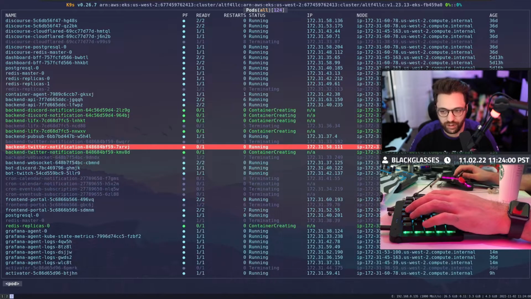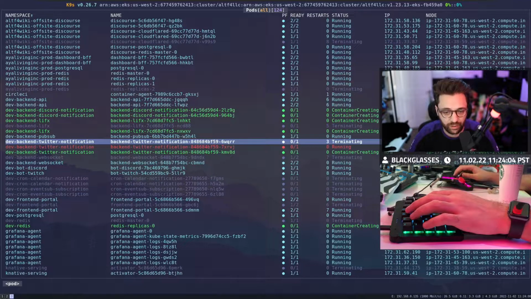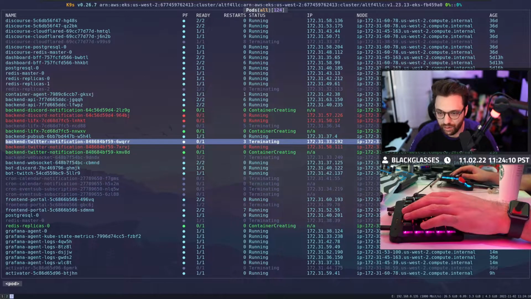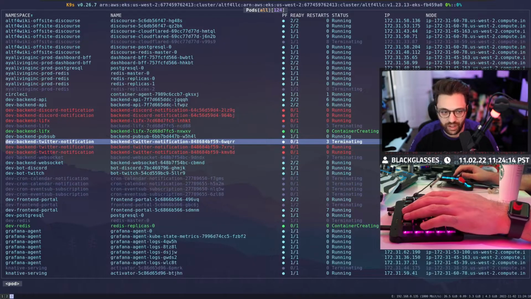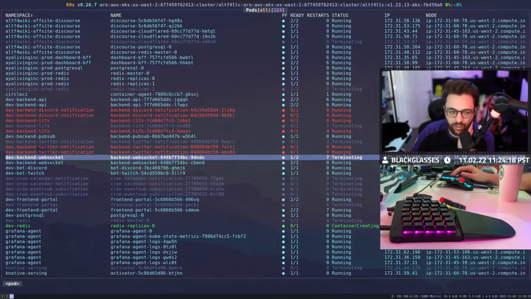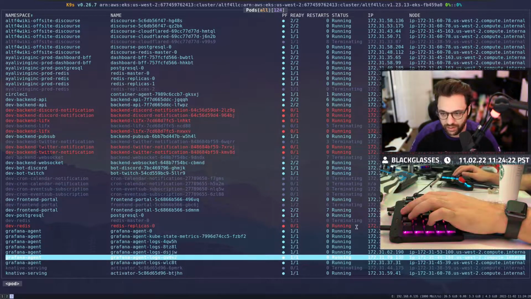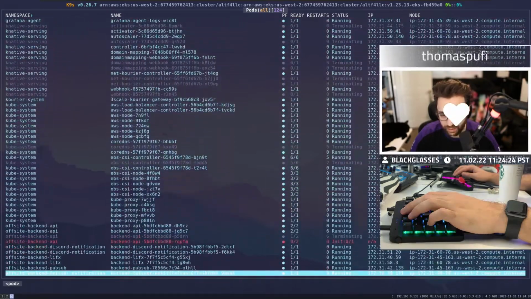There we go. And so you can see these new containers are now getting scheduled. We need these terminating ones to get out of here. Are these all on the same node? They are on 59. Okay, so everything that's on 59 is kind of stuck in a deadlock right now. So I might just kick node 59, honestly. We might just kick that node.